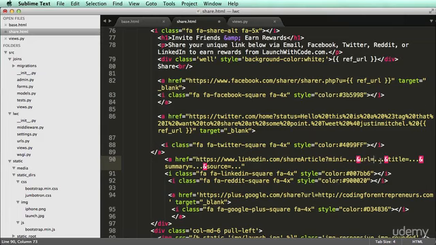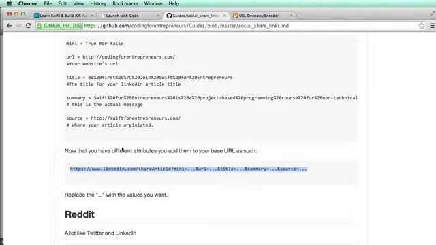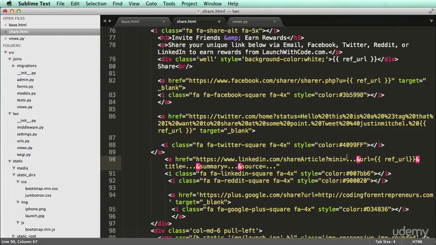So the URL we're actually going to be referencing, or we want them to go to, is the URL we will use. Again, that's our ref URL, so ref underscore URL. So this works fine. Mini is either going to be true or false. So I'm going to set it to false so we can see what that does, and then we'll set it